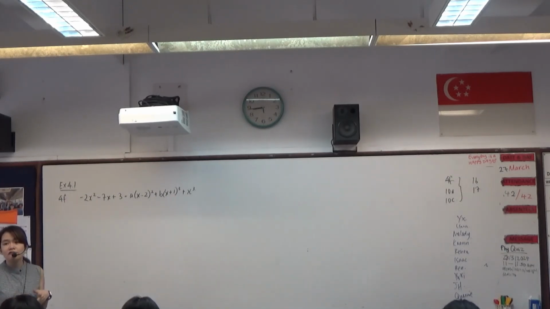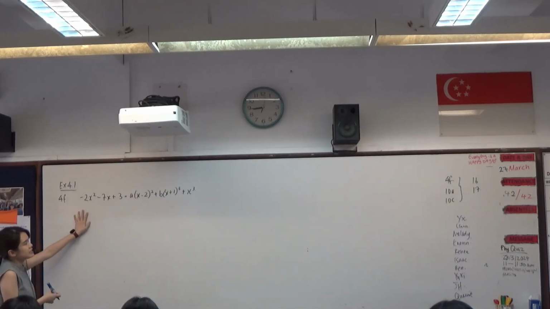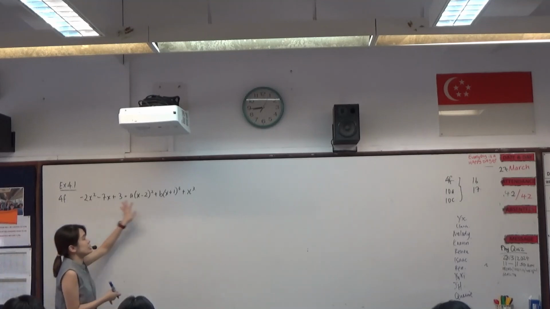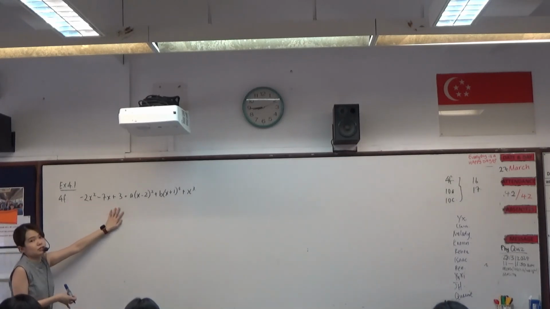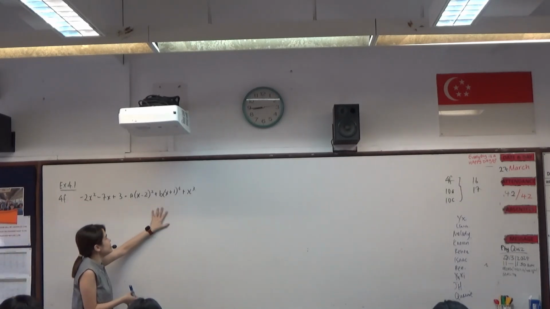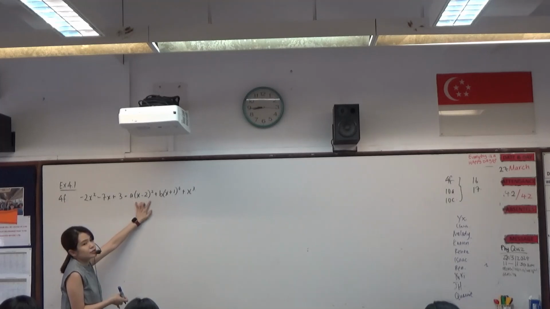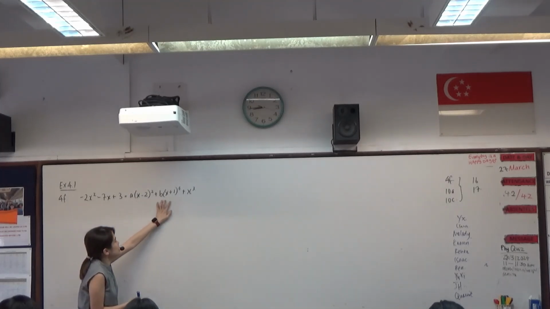Technique, okay, of observing the terms. Alright? Observing the terms. This is an identity, meaning to say the left hand side is equal to the right hand side. Okay? What do we have on the left hand side? We have negative 2x squared minus 7x plus 3. Okay? On the right hand side, I have a times (x minus 2) squared plus b times (x plus